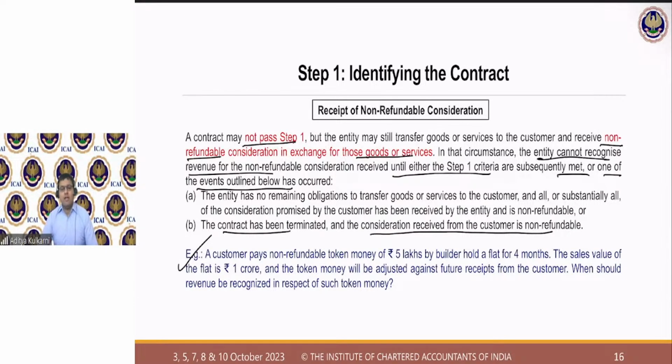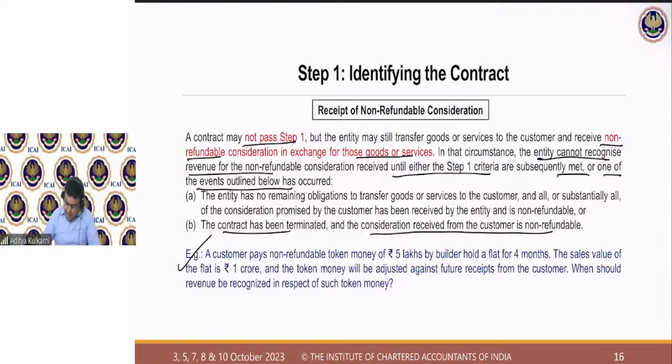So in this case, when do you recognize the revenue? Do you recognize it immediately? Answer is no. Why? Because, sir, you have a performance obligation. The obligation is to transport the passenger from point A to point B on a specified date. Until that date has passed, you cannot recognize the revenue. But, sir, I got a non-refundable amount still. Since you have not performed your obligation, you cannot recognize the revenue.